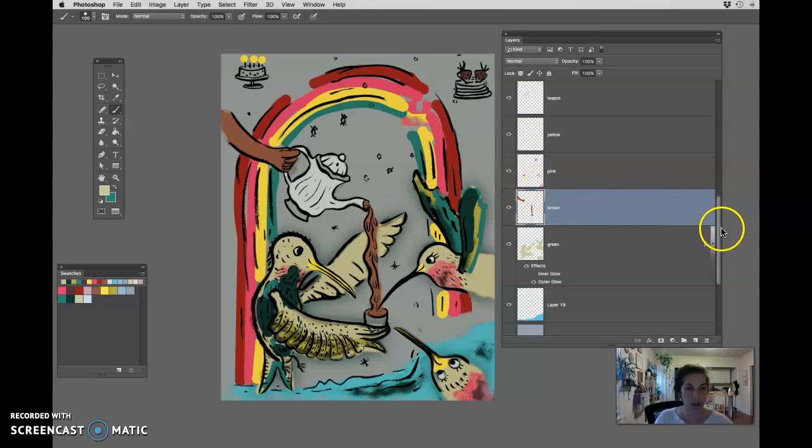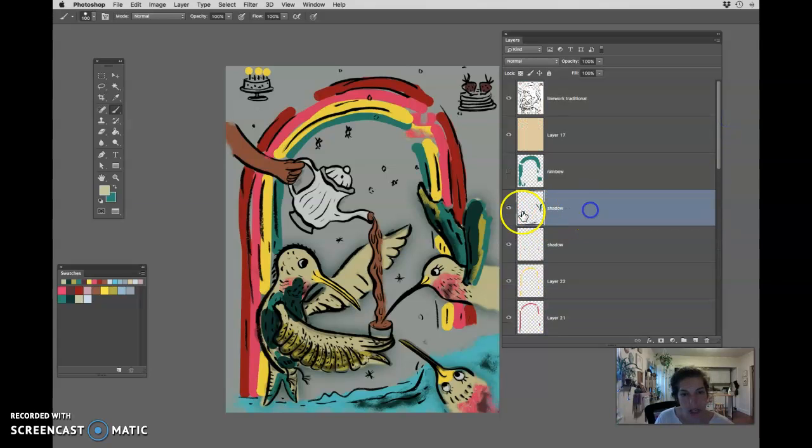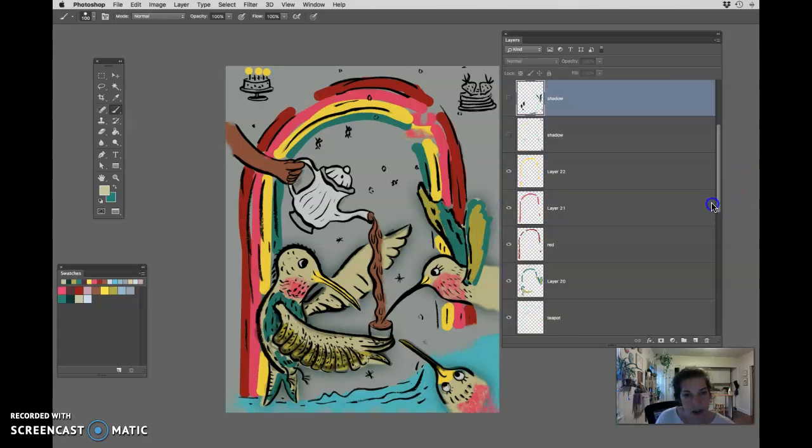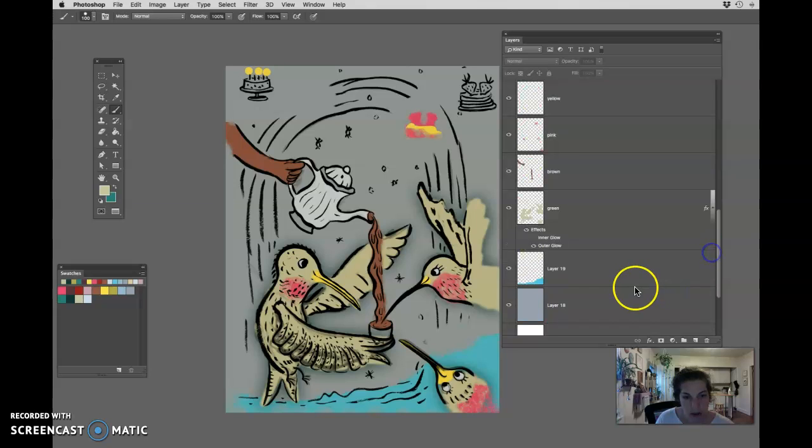First, let's figure out what might be a highlight and what might be a shadow. We know that highlights are lighter colors and shadows are darker colors. So in here, we've got some more darker shadow colors. Same with this one. We've got a bunch of rainbow things here and some other